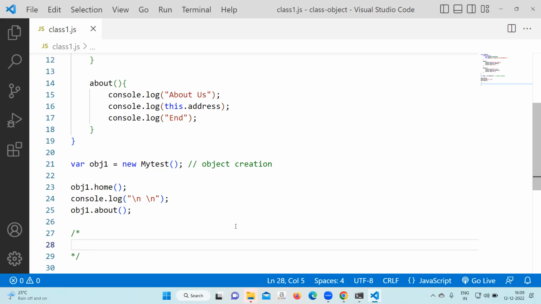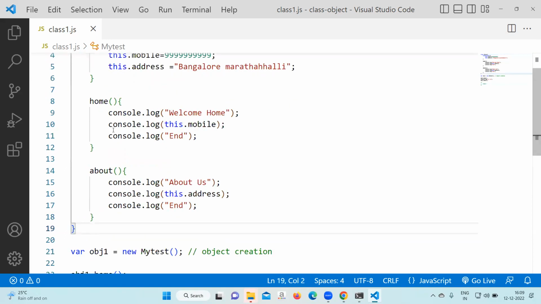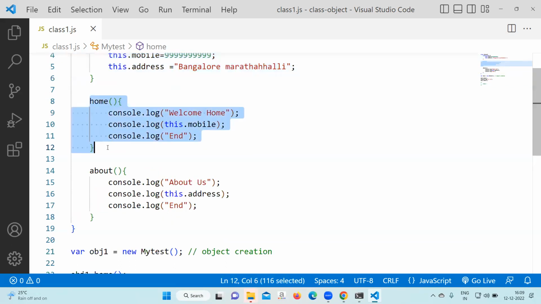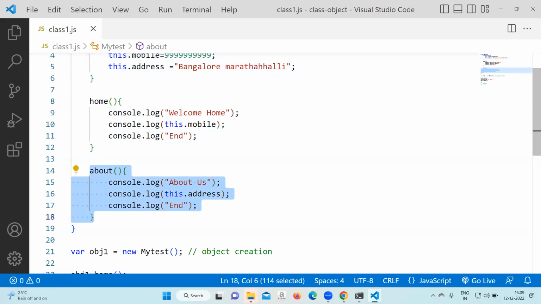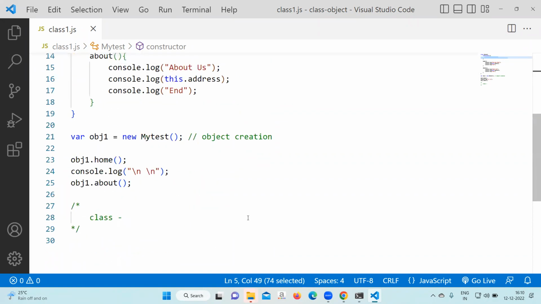First write for class. Class, what it is showing in our current example. You can see one curly bracket start in the beginning and the same curly bracket close here. In between, we have a constructor function, predefined function. We have a home function and we have an about function. Inside the function, you are using the variable, both the places, variable declaration and assignment you have done under the constructor, right? Now for this, you can write